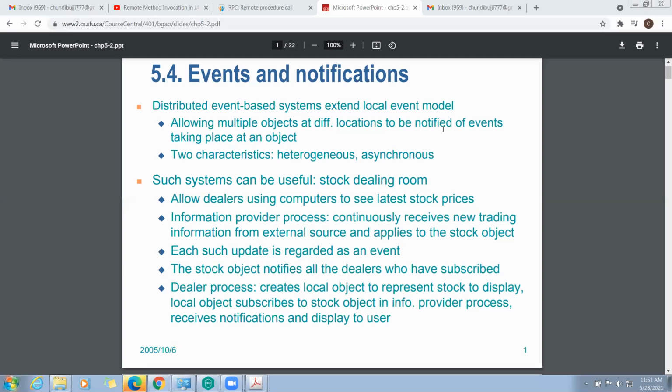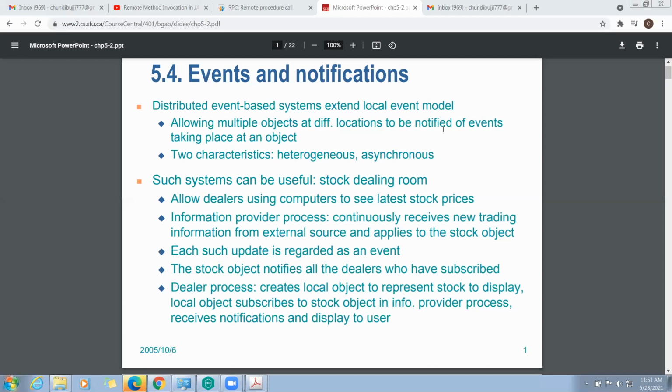What is the meaning of an event taking place? Here we have two characteristics for these events and notifications.